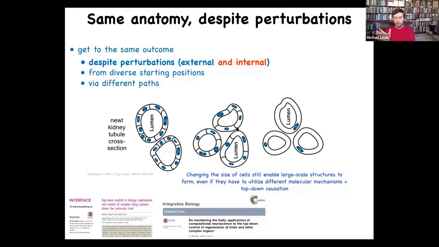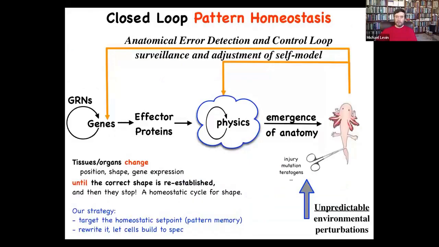You have to be able to complete morphogenesis despite a wide range of not only external deviations, but changes in your own parts, right? I mean, we don't have anything remotely like this in our technology that can tolerate not only injury, but actually changes in its own composition and still get the job done. So this is what I mean by a kind of anatomical intelligence. It's a problem-solving capacity, which we still do not understand. And so the idea here is that